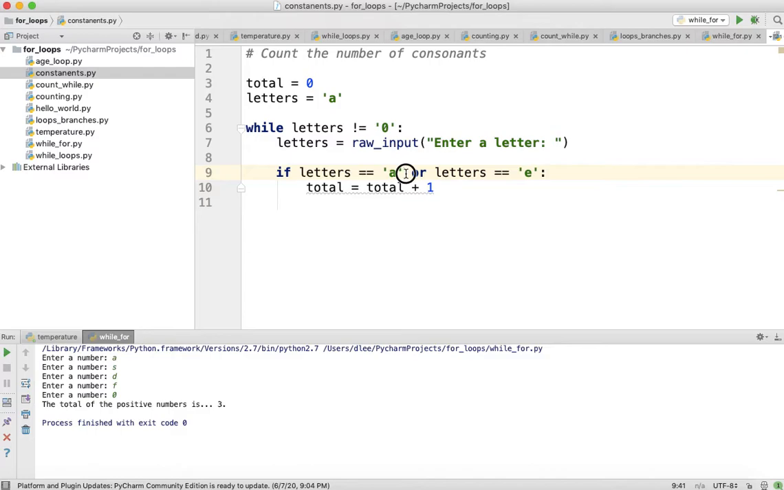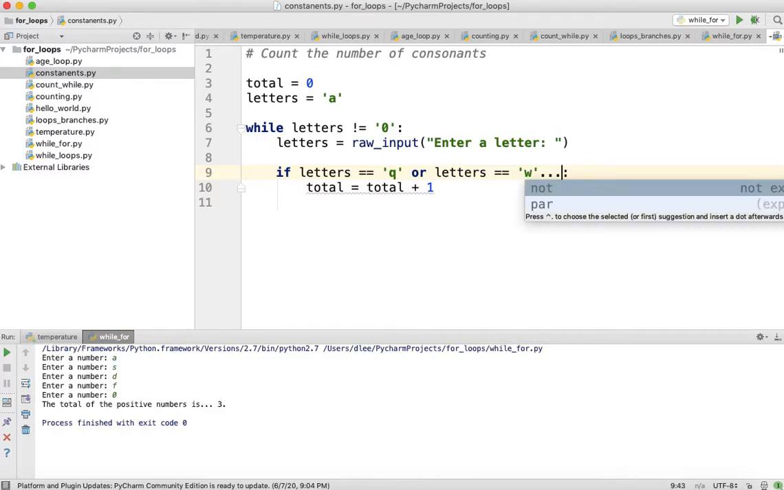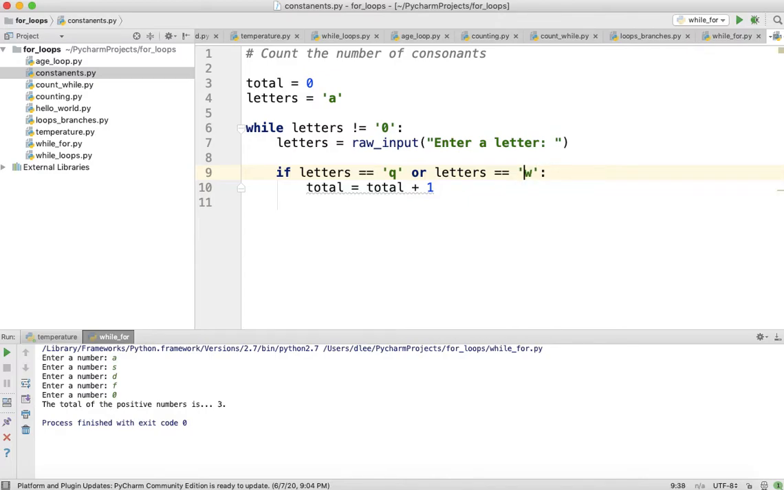So that's going to introduce us to another operator. What we could do here is say, okay, if it's not equal to Q, or if it's not equal to W, and so on and so forth all the way down. But that would be quite a bit of work because we have so many consonants in our alphabet. So instead, we can use our vowels, and instead of checking if it's equal, we could check if it's not equal. If it's not equal to A, not equal to E, letters is not equal to U,